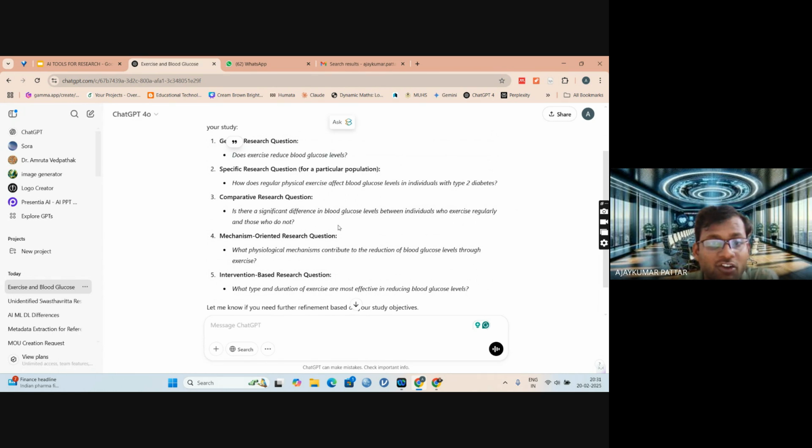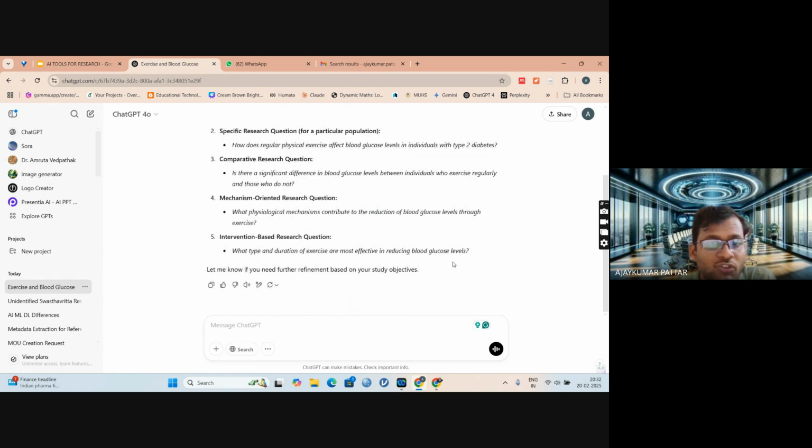If you see this comprehensive one, is there a significant difference in the blood glucose level between individuals who exercise regularly and who do not? Then a mechanism oriented research question: What physiological mechanisms contribute to reduced blood glucose levels due to exercise?